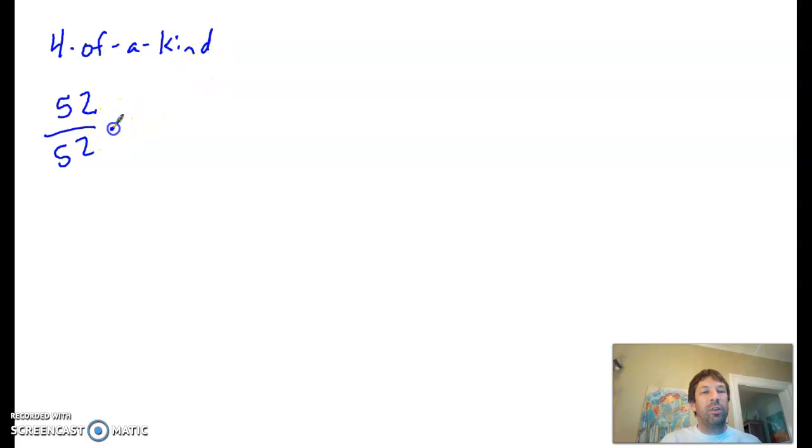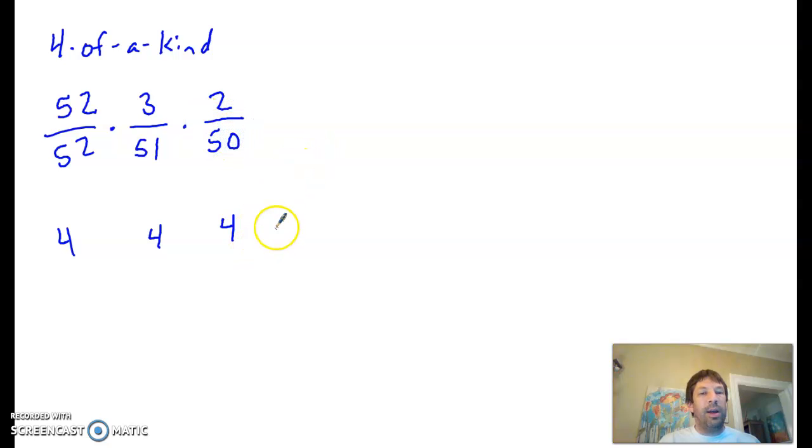Once we draw that first card though, now maybe it's 4s. Well, how many 4s do we have left? We only have 3 4s left, and we have 51 cards left. And so now we've drawn the second 4. Now we need to draw the third 4. Well, we only have 2 left, and we have 50 cards left. Now we need to draw the last 4. We only have 1 4 left, and we have 49